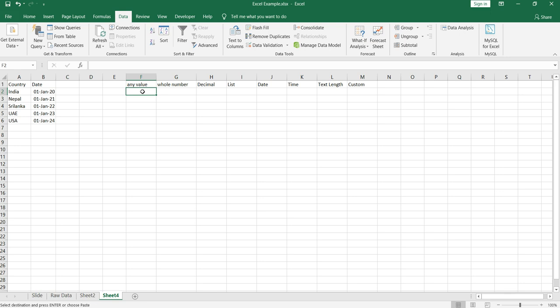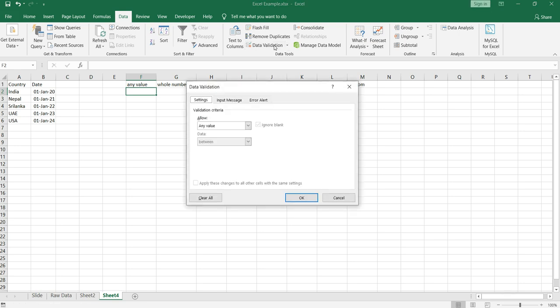The email ID can consist of the name as well as numbers as well as special characters, and the dot. It should always contain a dot, right? So the first option in data validation is any value. If I go to data validation and go to settings, you will see Allow: Any value. This means that you are allowing the user to input any value in this particular cell.